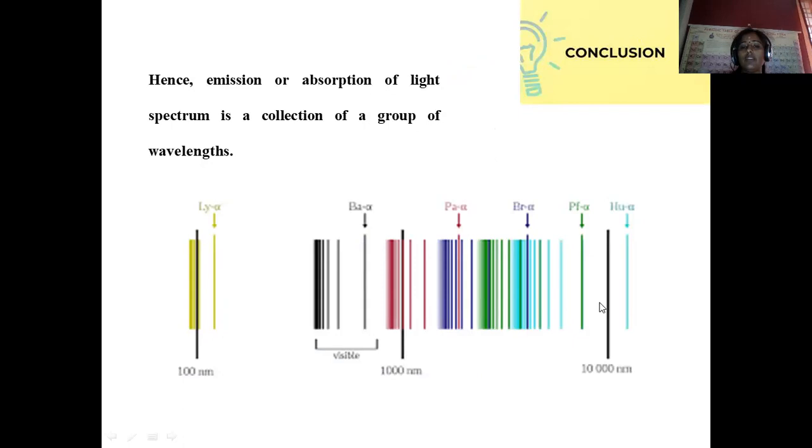Here you can observe that the wavelengths of different colors are in these bunches. So instead of continuity, there will be certain bunches. These are called quanta. This kind of theory was given by Max Planck.